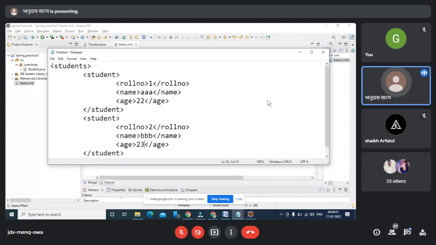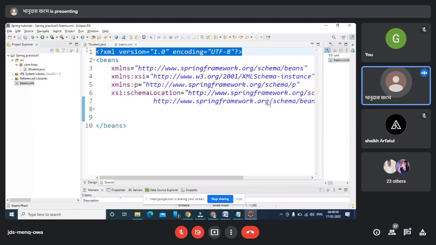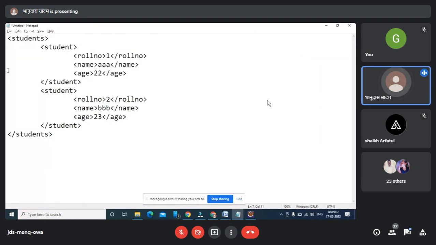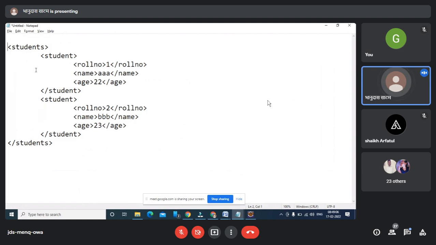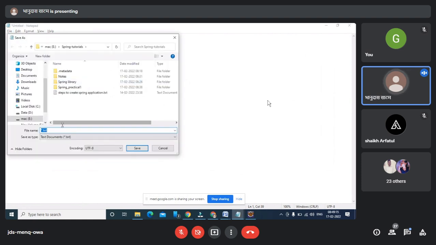And whenever you are using XML, you should use at least this tag, where you are saying that you are going to use XML and you are printing those XML values here. So I'm just putting this XML version. What is this UTF? I'm just putting my students as an XML here.